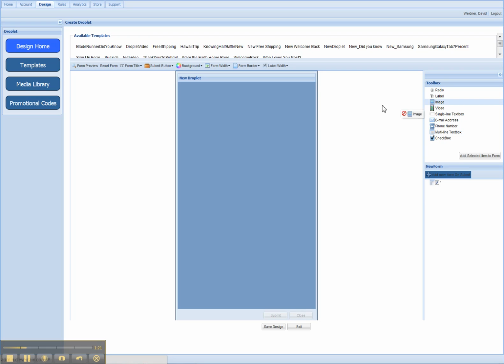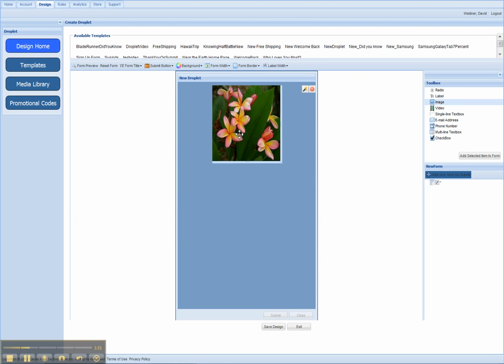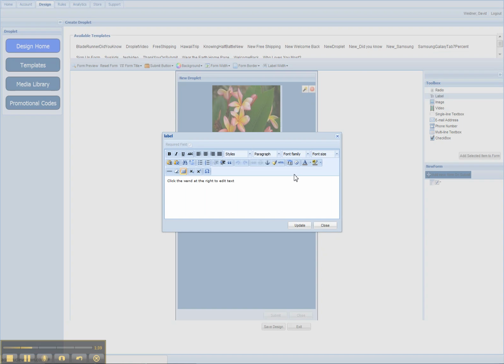Now I had an image earlier that I had placed into our image library, so let's pull that image up right now. To configure it, we're going to pull this beautiful tropical flower image on, and now we have that centered in our screen. And let's add a label in below the image. We edit that label, and it's going to be, how do you like our flowers? We'd love to hear from you. And we'll make that text larger